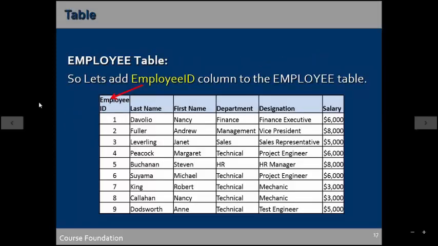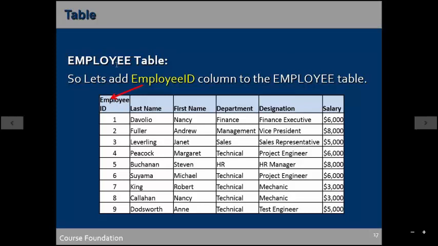So what we have done over here is we have added one more column named employee ID. This column helps us to distinguish between each and every row, because the data you are feeding in each row should be distinguishable from the others. A column which helps you to do so is known as the primary key of that table. So this employee ID is the primary key of the employee table.